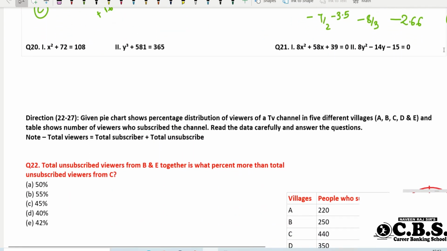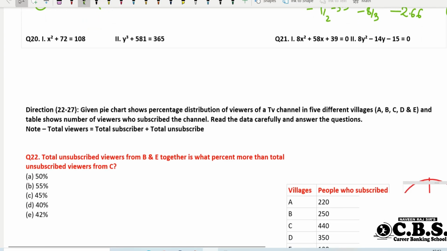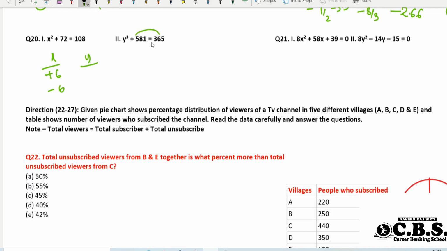Let's go for the 20th question. How much is left? 36 left. Now x value is one time plus 6, the other is minus 6, and take the y value. So definitely when we consider the y cube value, it is a negative value. What is the difference? The first subtraction is very important: 500 minus 300 gives minus 200, and minus 81 minus 65 is...